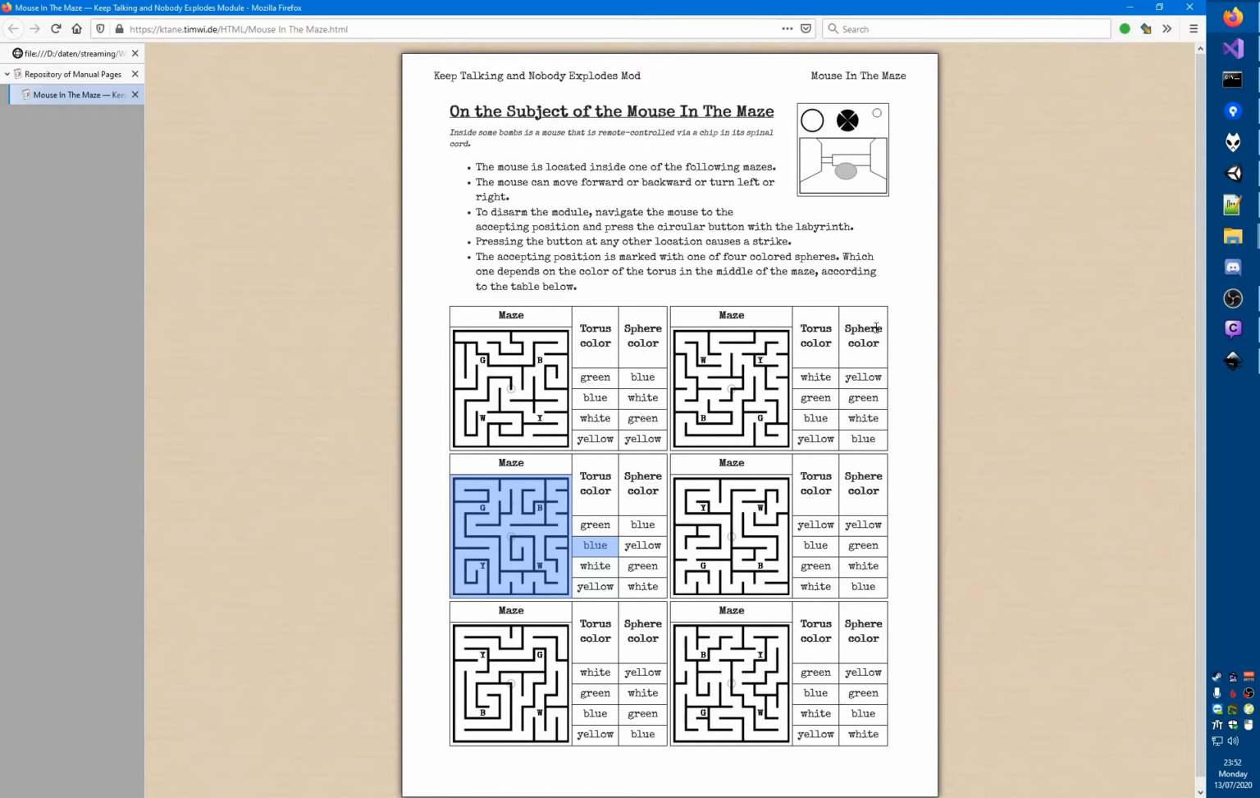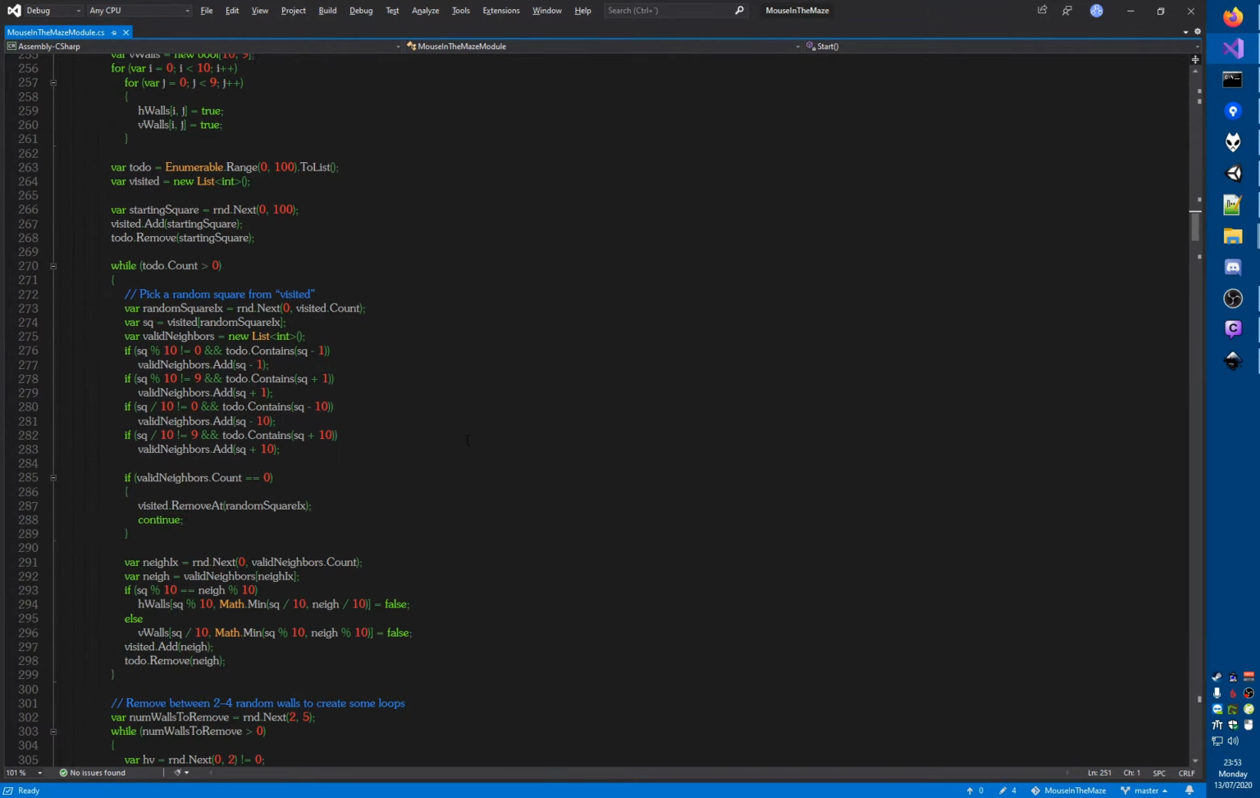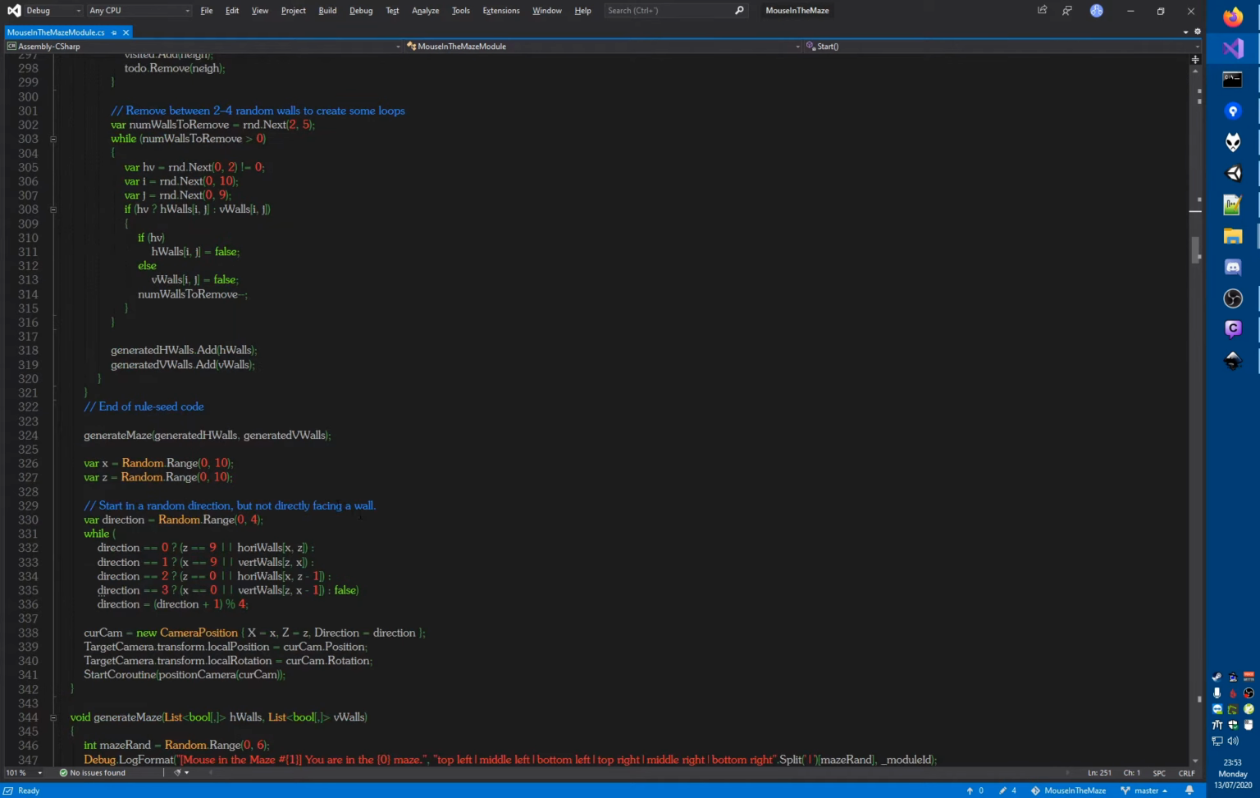We also need to decide on the stuff that's over here, and also which of the spheres has which color. As you can see, they're not always in the same arrangement. That needs to be part of the rule-seeded rules. So I'm going to take a look at how these are